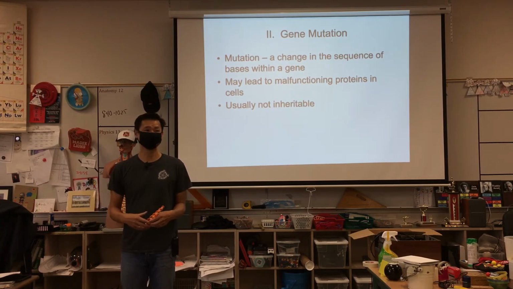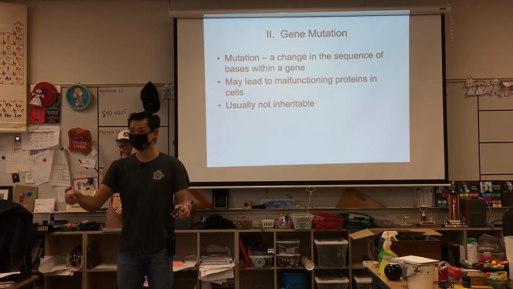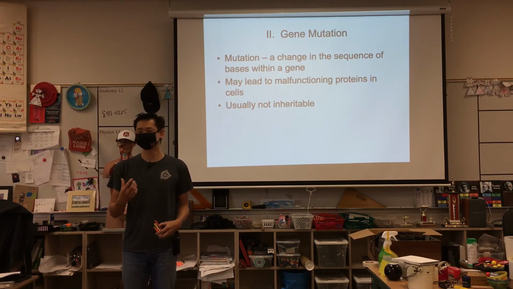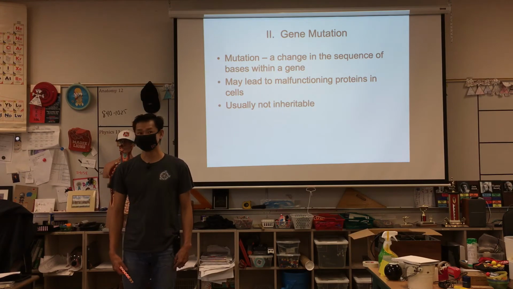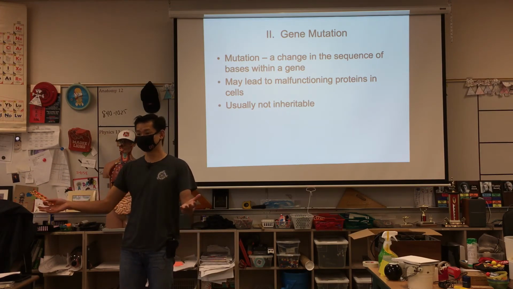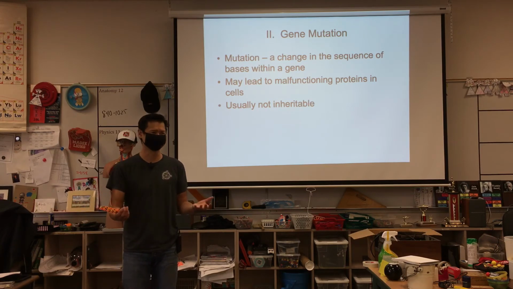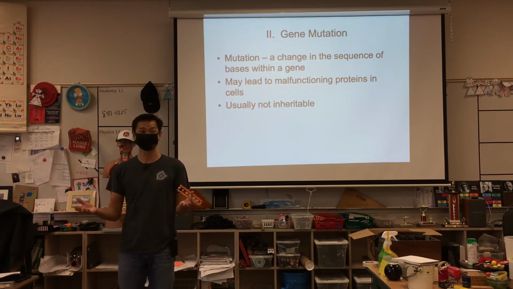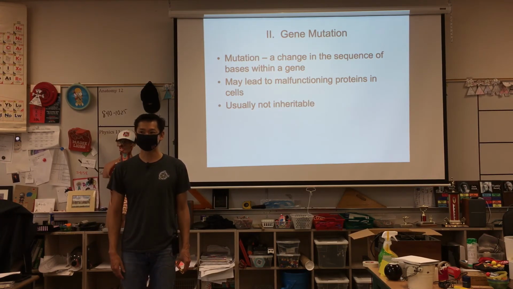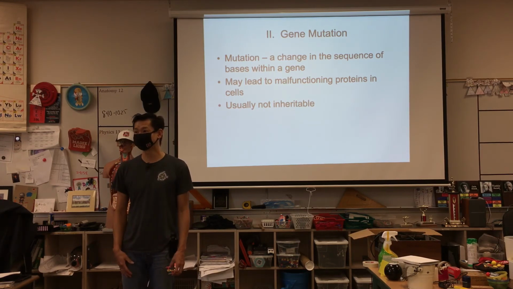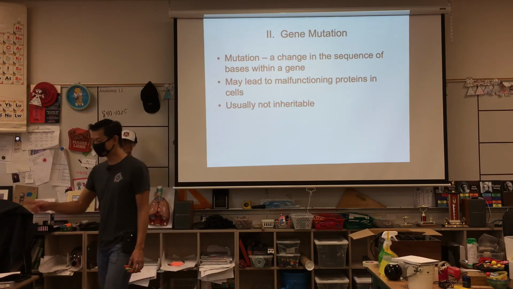So that's why when you go see the dentist, they put that giant apron over you, right? To protect your somatic cells, your regular cells, from mutating and going bad and turning into cancer or whatever, but also to protect your baby-making parts. Now, most of you are probably thinking more about school and sports and stuff like video games rather than having children. But you could, because you're reproductive age. So they still protect you. They cover you up and say, right, just in case, we don't want your baby with 14 heads and 3 fingers on each hand. So they'll protect you with that apron. Okay. So usually not inheritable.